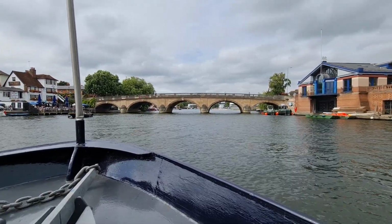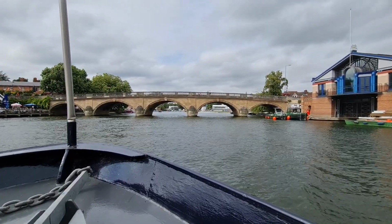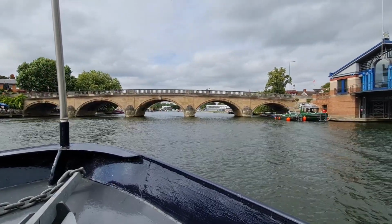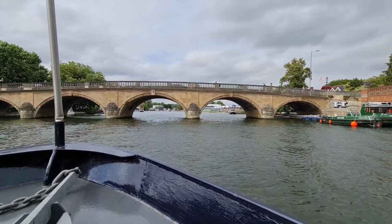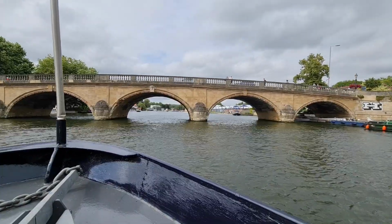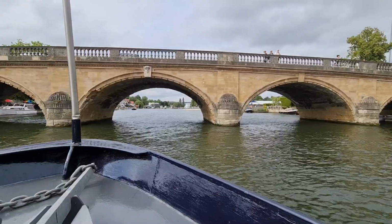Still rests on the original timber pile foundations. The sculptured lady's head above the middle arch is that of Isis, and on the downstream side of the bridge one can see the sculptured head of old Father Thames. The River Thames between Henley and